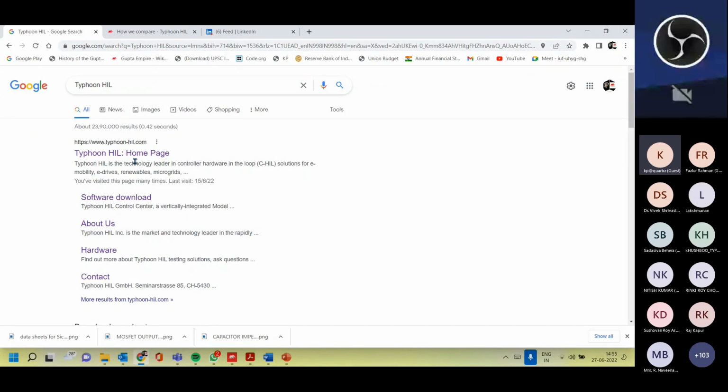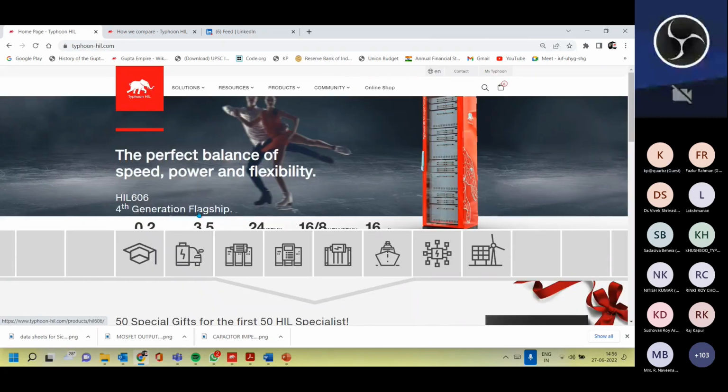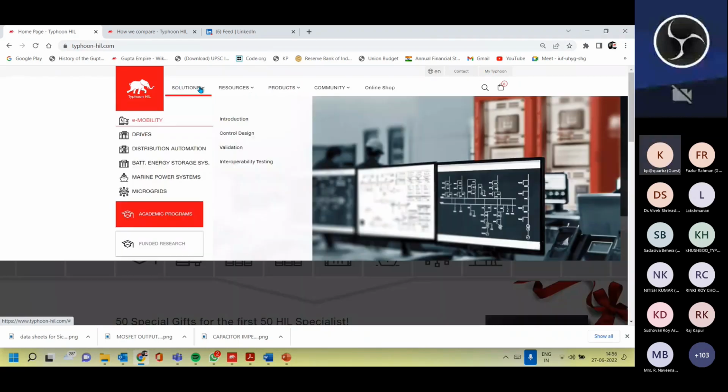Then we will move ahead with a small hands-on to give you a taste of how to use the schematic, how to see your things on SCADA, and how you can use this Virtual HIL software. So you will simply type Typhoon HIL, and on this platform you will be able to get this part. Inside Solutions you will find